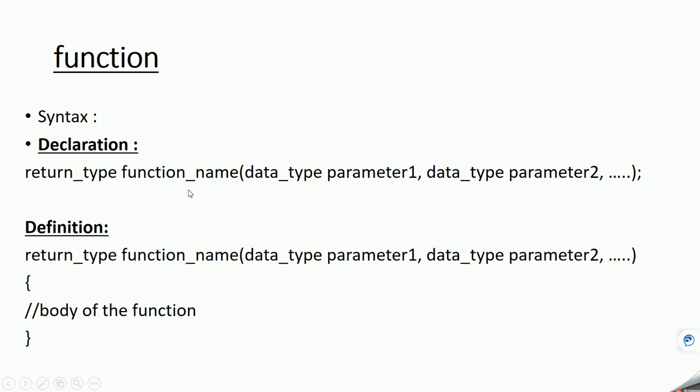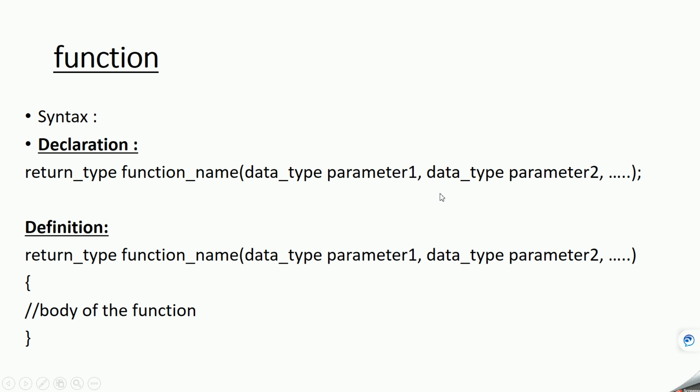So in this function declaration, what it will say is: you give me this, I am the function, this is my name, the function name, and I'll return you the value. The return type will tell you, okay, I am going to return something, and you give me the value like this. So there is the return type of the function, then the function name, and the data type, the parameter, the input. How many inputs you want, as many inputs as you want.